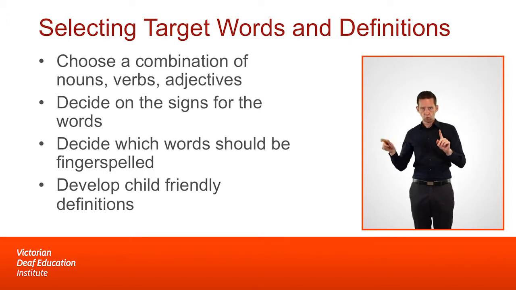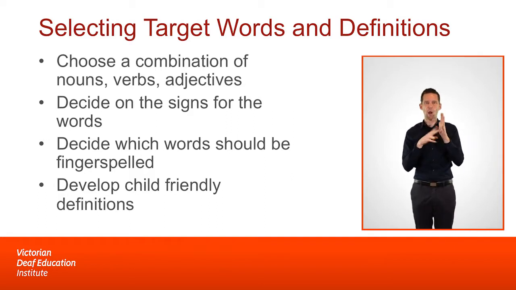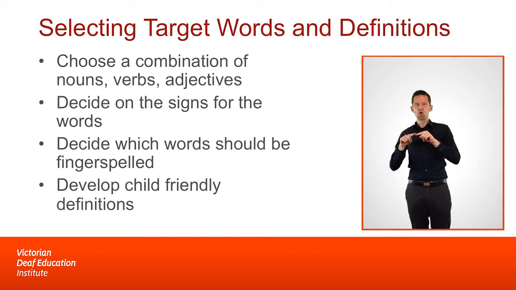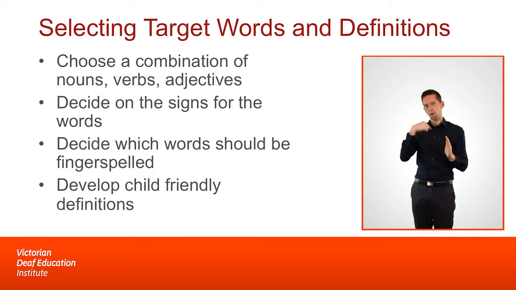And as I said before, we try to select tier 2 words. We try to select words that are not just nouns. There is a temptation to just select nouns because those are easily picturable. But we want to select verbs, adverbs, and adjectives, and we make child-friendly definitions for each of these words because, if you'll remember, I talked about having children use words to talk about words. That's a difficult skill for deaf children, who are much more likely to want to point and gesture. We want them to use their language to talk about new words because we think this is a better way for them to remember the new words.